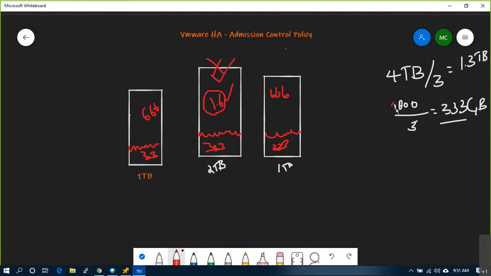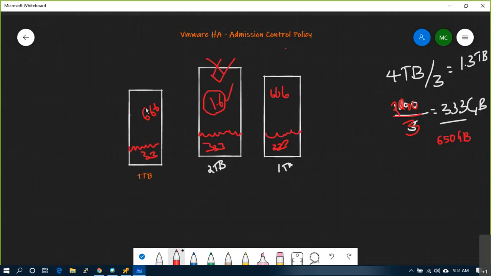So, okay, 2000 GB divided by 3. How much? Sorry, 2000 GB divided by 3, around 650 GB, right? 2 TB means 650 GB.